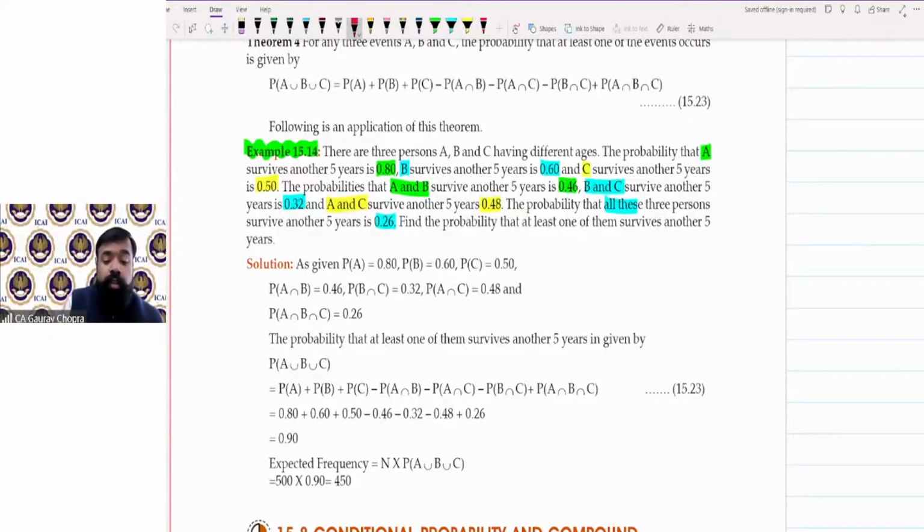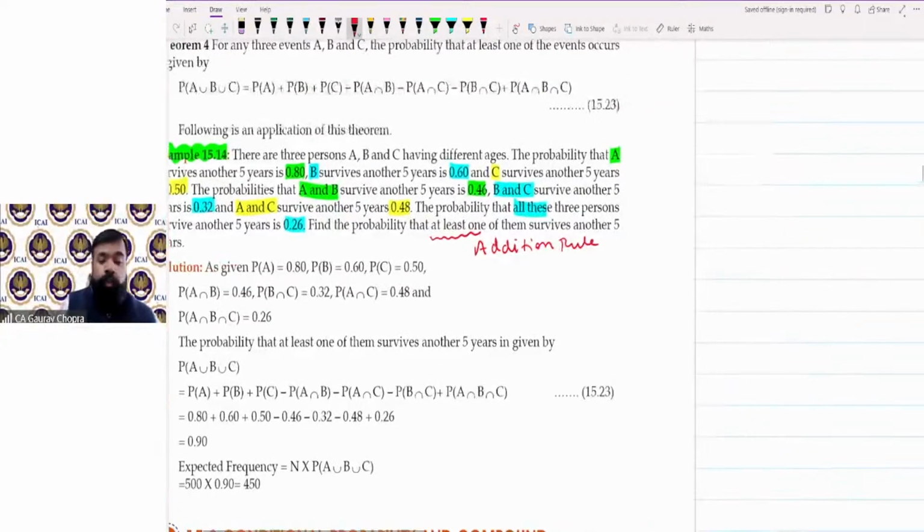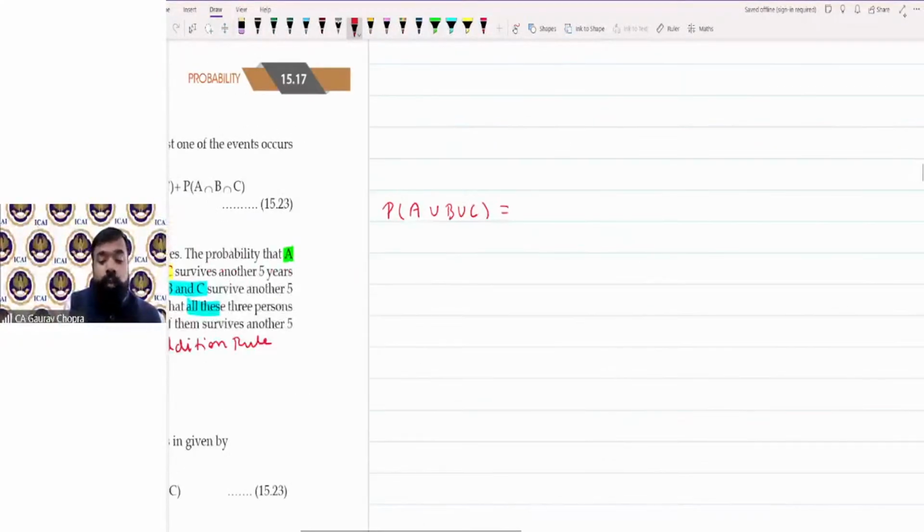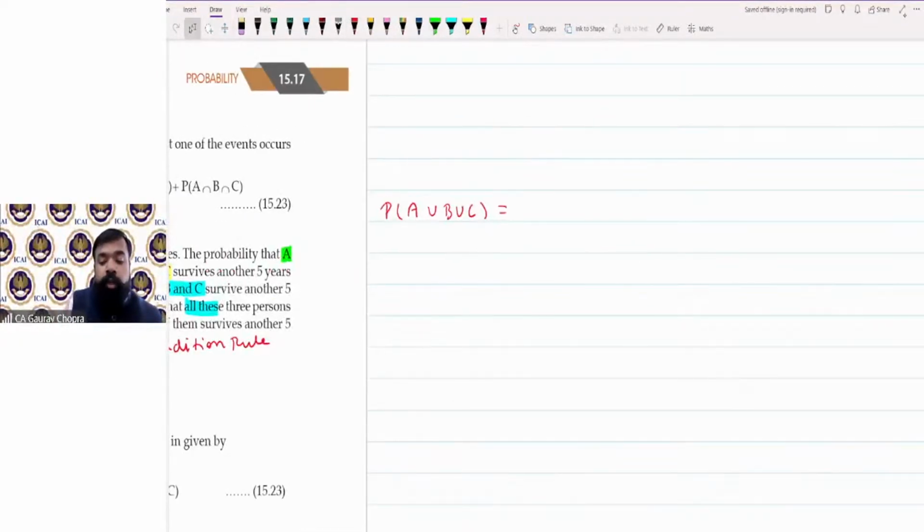Whenever the question is talking about at least one, that means it is the addition rule. But the formula is applicable here for three persons, so we will write the formula for 3. Probability of A union B union C. So let us write this formula. We will be writing probability of A